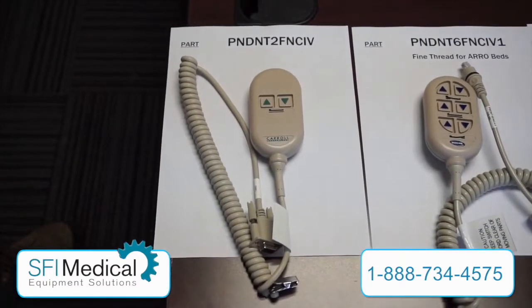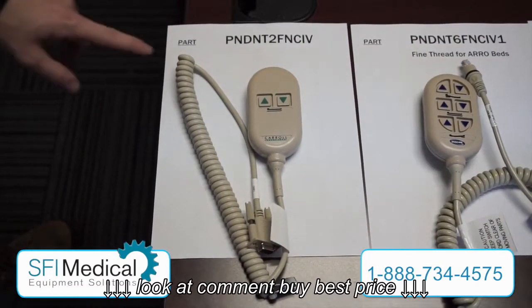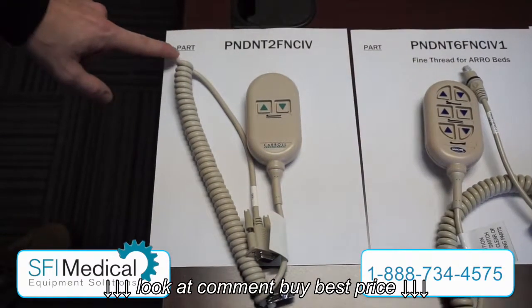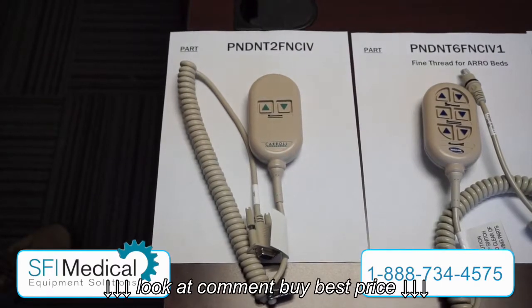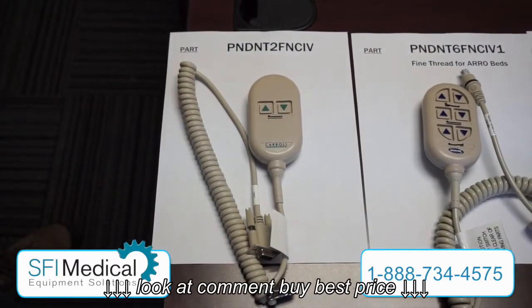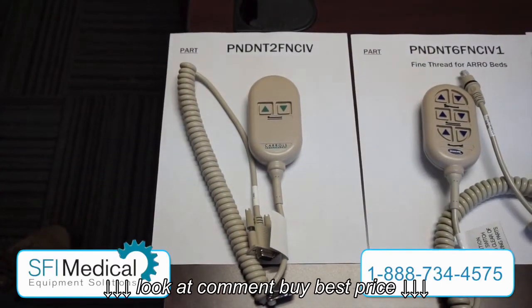Okay, welcome to how to identify your Carroll and Invacare series hand controls. First one up is the 2-function pendant. This is the correct part number for all the parts you're going to see. And the 2-function hand control is for older semi-electric beds that just have a high-low motor and then manual